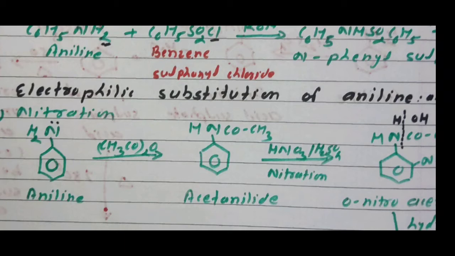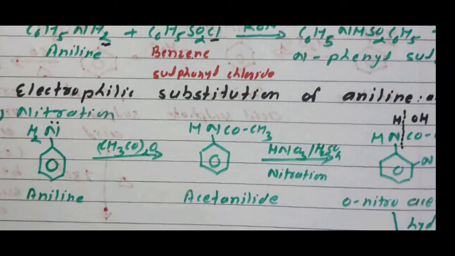Therefore, in the presence of nitric acid, it undergoes oxidation. So first we protect the NH2 group by acetylation. Aniline reacts with acetic anhydride, releasing acetic acid. Here the NH2 group is converted to NHCOCH3. Acetic anhydride contains 2 CH3CO groups; one CH3CO and H are released in the form of acetic acid, and the other COCH3 group attached to the nitrogen atom converts it to NHCOCH3. This means aniline undergoes acetylation and is converted to acetanilide.